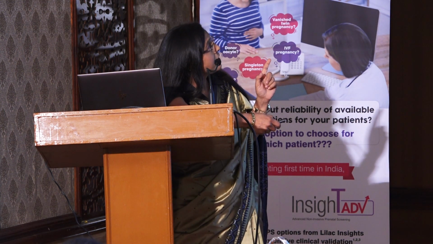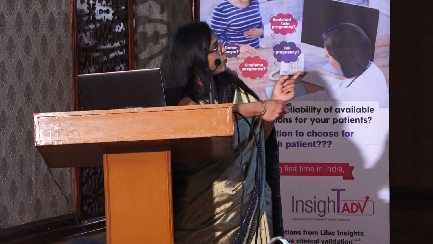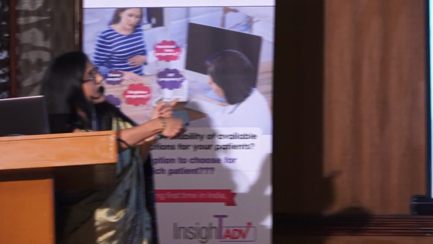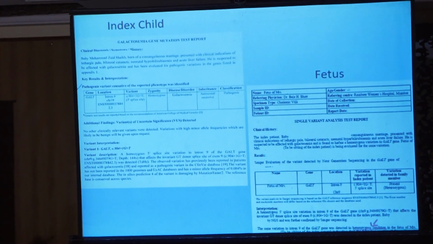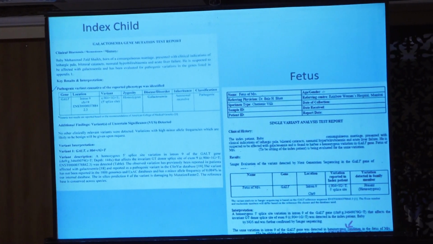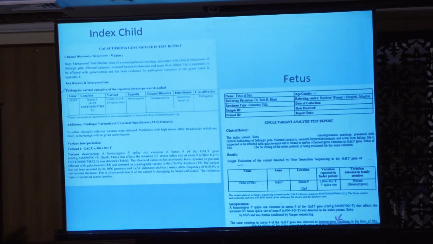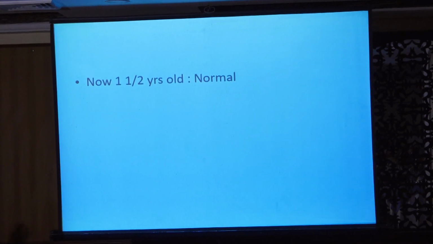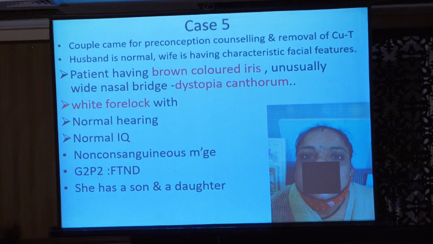Again, you can see here, this was the index child, in which the pointer is not working, but hope you can see that the pathogenic mutation was there for galactosemia, whereas in the fetus, it was found to be heterozygous. So the genetic lab mentioned that the baby can be at the most a carrier, but will not be affected by galactosemia. They continued with the pregnancy and delivered with me at term, and the baby is actually 1.5 years old now, and is normal, not suffering from galactosemia.